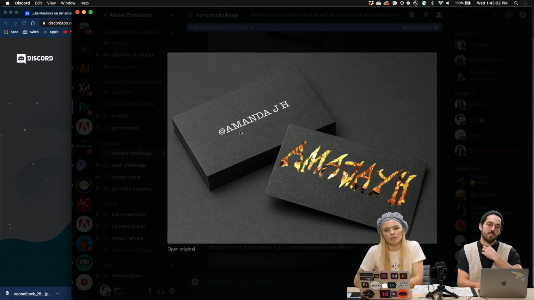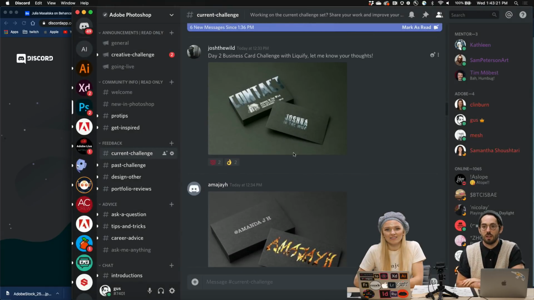I like how the front just seems so businessy. It seems like typewriter style. And then the back is kind of playful. So you can tell right away that if you flip the card over, you're like, oh, this is probably a creative person, which is kind of nice. Looks very creative. Awesome. Great job, Amanda. Okay, this will be our last one, and then we'll get back into your work and wrap up for the day.